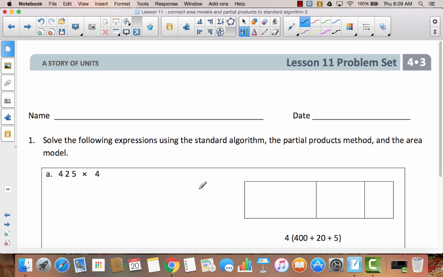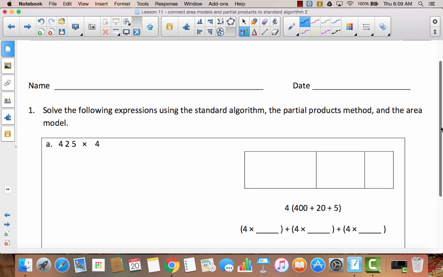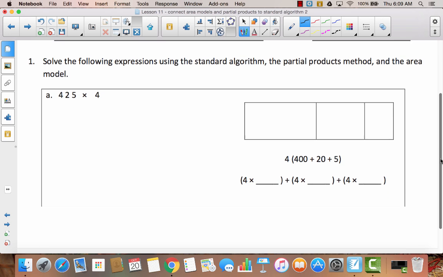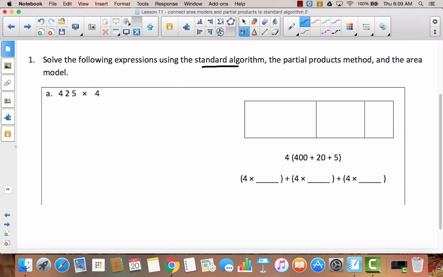All right, so go ahead and write your name at the top of your problem set, and let's take a look at the directions. It says solve the following expressions using standard algorithm, partial products method, and the area model. Okay, so first of all, you can see here that we have an area model. I'm going to start over here first. So it looks like we have a width of 4, and then we have a length of 400,